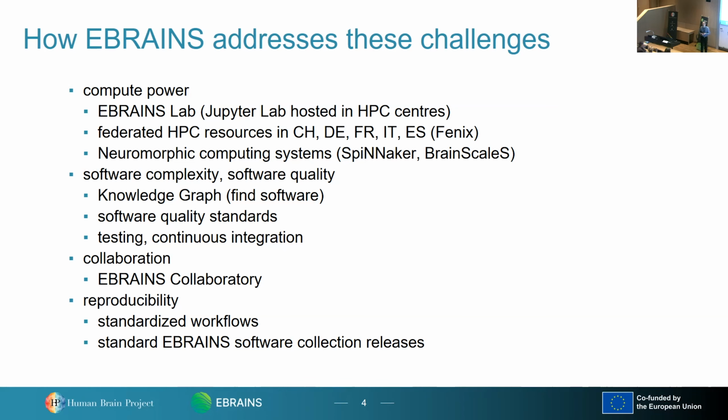And for reproducibility, EBRAINS is developing standardized workflows. We'll hear more about that in a parallel session later this afternoon. And EBRAINS is standardizing its releases of software. So all the software in EBRAINS doesn't only get tested on its own, but is now getting tested in connection with other software. So if you need 3 different pieces of software to do a certain workflow, we are testing that those 3 bits of software work together. And so every 6 months or so, a new version of the EBRAINS software library is going to come out. So you can be sure, or much more confident, that all the software in that version of the library will all work together.